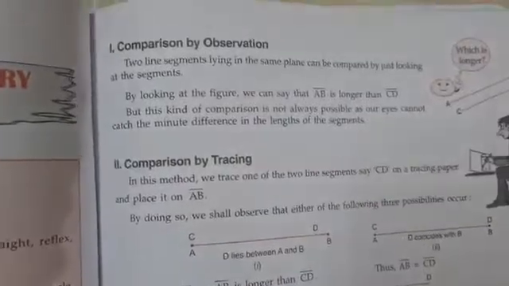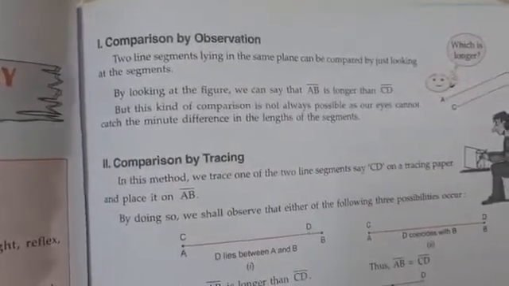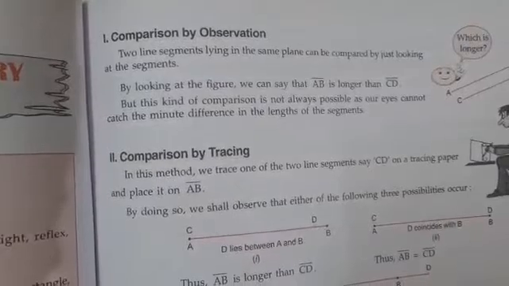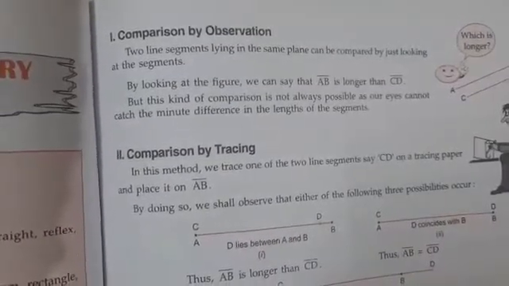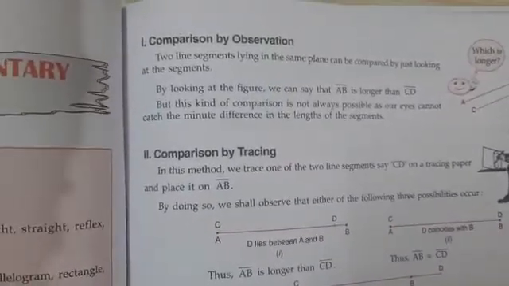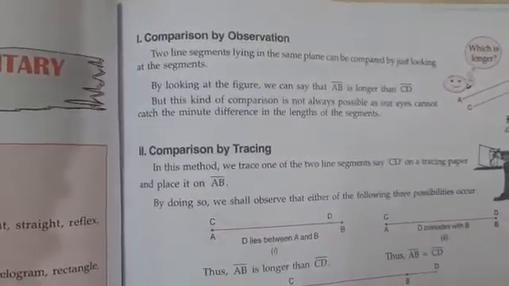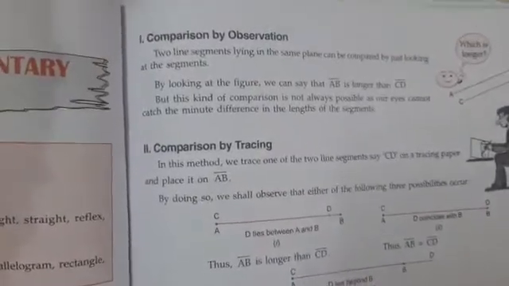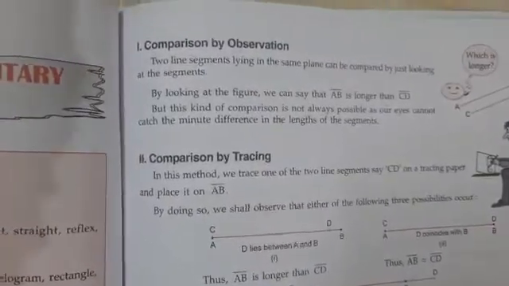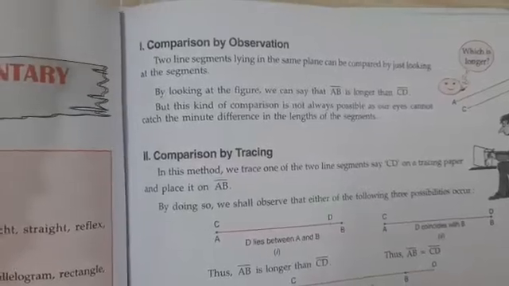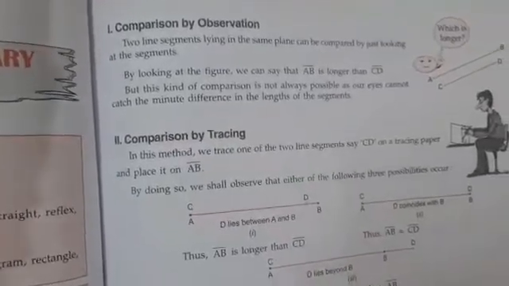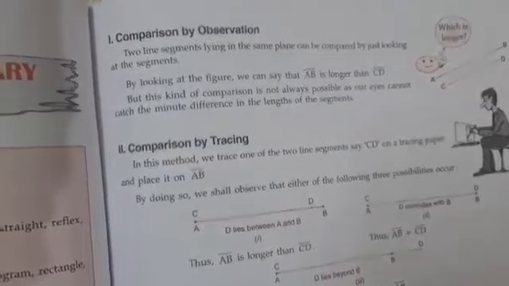rhombus. Last chapter you have learnt about ray, line and line segment. In this chapter, as you know that ray has one endpoint and line has no endpoint, so we can't find the length of the line or a ray. But in a line segment you have two endpoints, okay? So that means you are able to find its length. So now today we will study about different methods to find the length of a line segment.